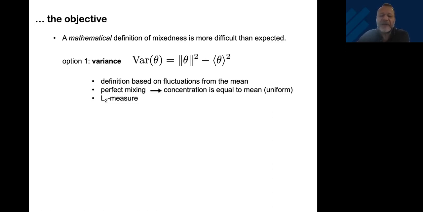Now, the nice part about that one, the advantage of that one is, you see the squares there, the norm squared and the mean squared. So this one is an L2 measure, and optimization just loves L2 measures because it's a nice and convex part of the cost functional. Okay, so in that case, we will have a very well-behaved optimization based on the cost functional itself. The governing equation actually throws a monkey wrench into the whole thing, as I will explain later.